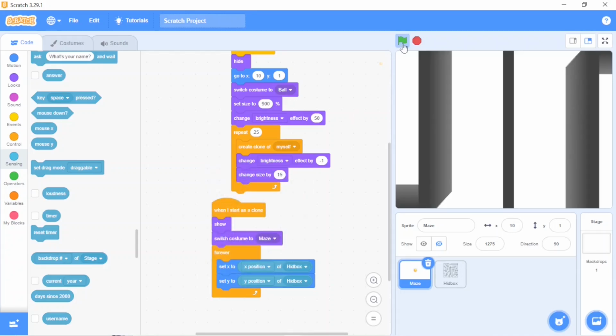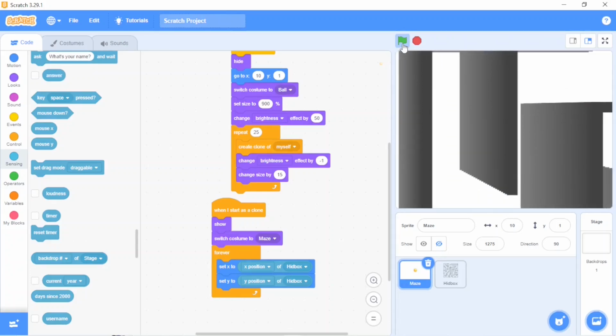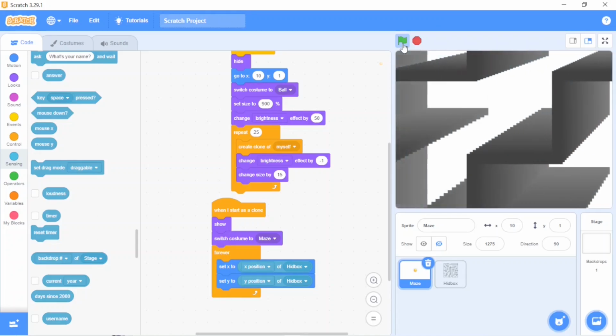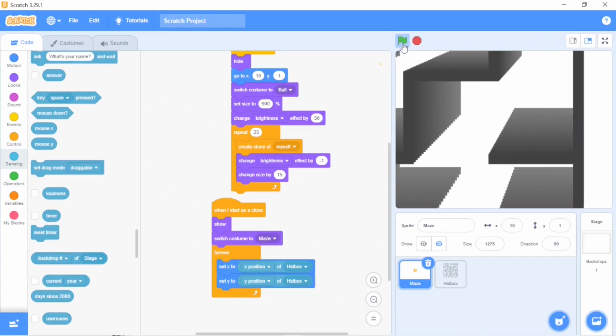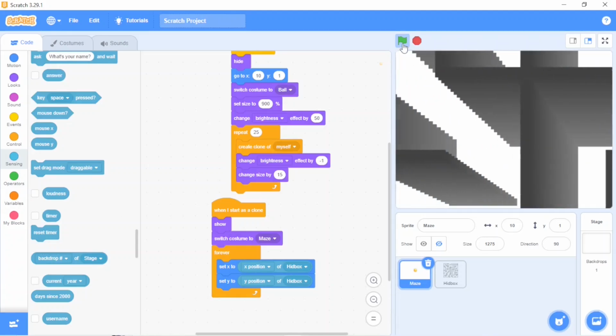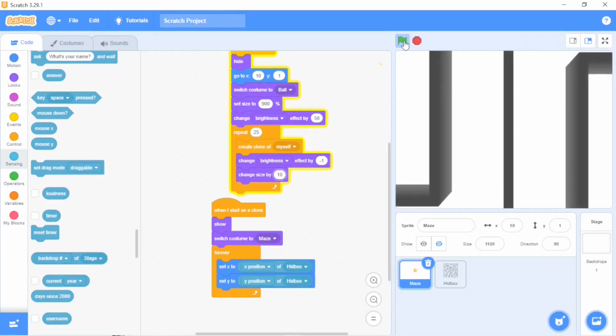Yes. Okay. Now I just click on the green flag, and you can use your arrow keys to show the movement. Oh my god. Doesn't it look beautiful? See how beautifully it gets changed, right? And showing the 3D effect, right? Oh wow. You can change the value according to your choice, and you can see the change in this 3D effect. Suppose change size by, I will make it 10, and then you want to see the effect.